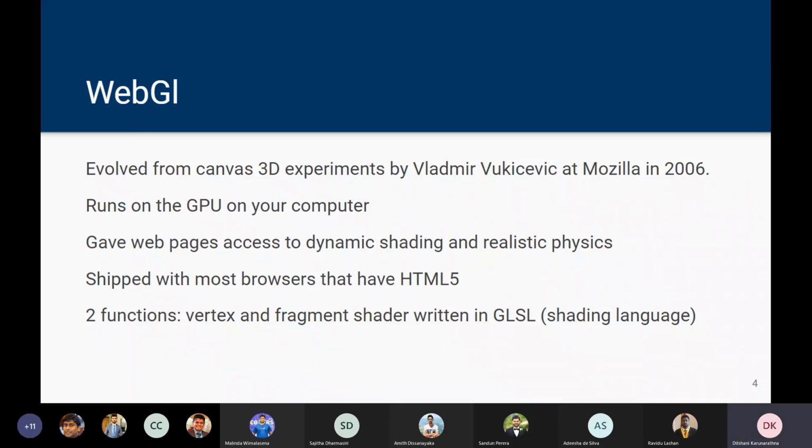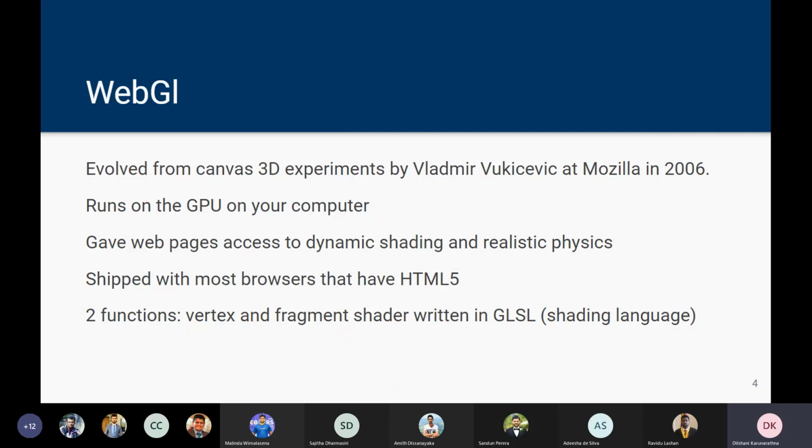WebGL is the standard 3D graphics API for the web, and it was developed by Vladimir Vukićević at Mozilla in 2006, and it runs on the GPU on the computer without any browser plugin. So this was a game changer when this was released, because back then developers had to rely on plugins or native applications to give the user a 3D experience.